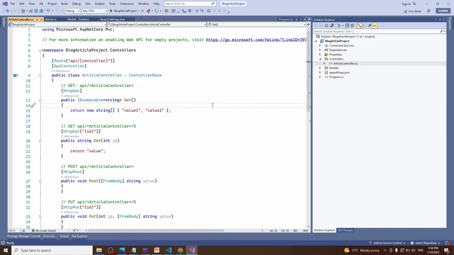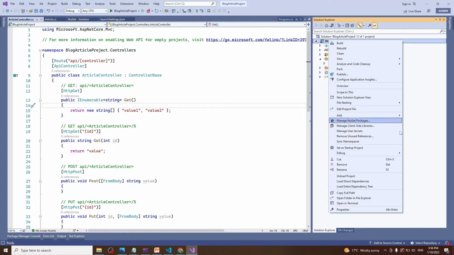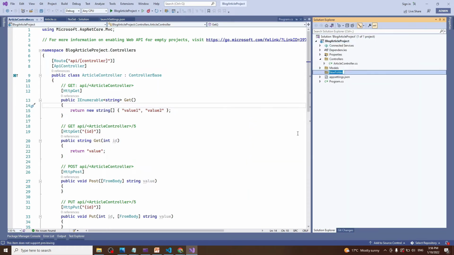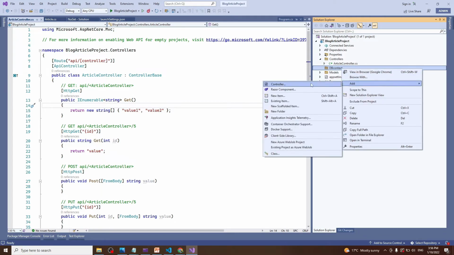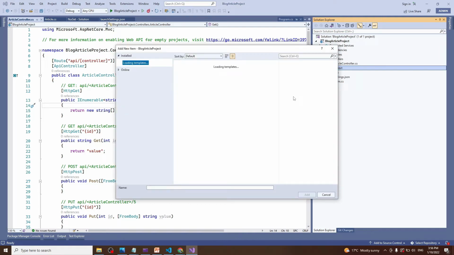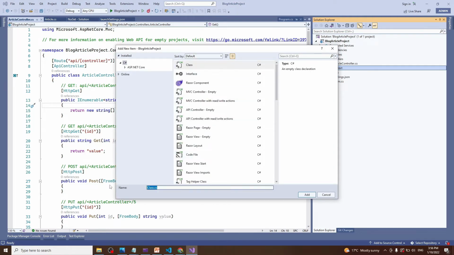The next thing we will need is a database context. So that class will be used so that we can use that DB context class to work with the database. So for that, let's create a new folder, and let's call it data, DB context, and let's add new DB context for our article. So let's call it article DB context,